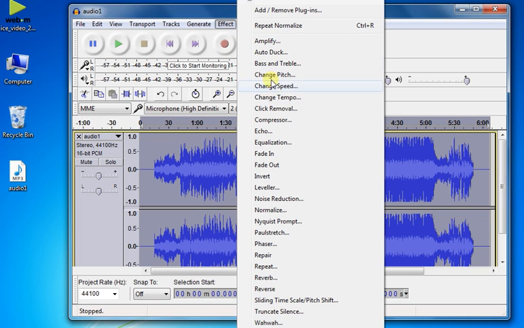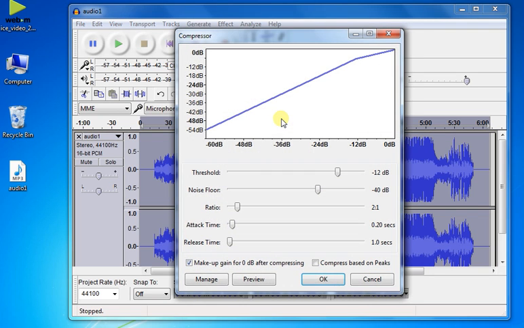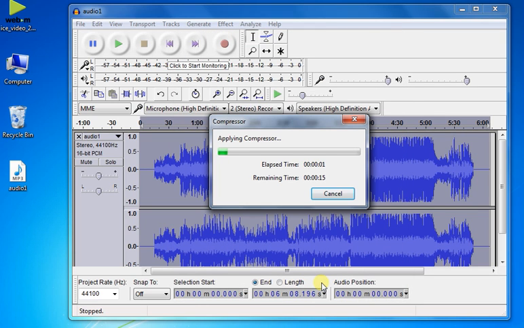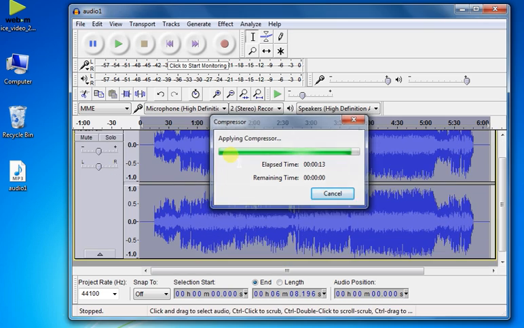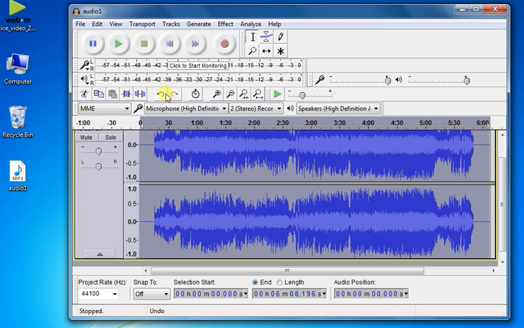So we go to effect, we click on compressor and simply click on OK. So this is the part wherein the audio is being compressed. Again it takes a few seconds, so we can wait until then. And so this particular part is done.